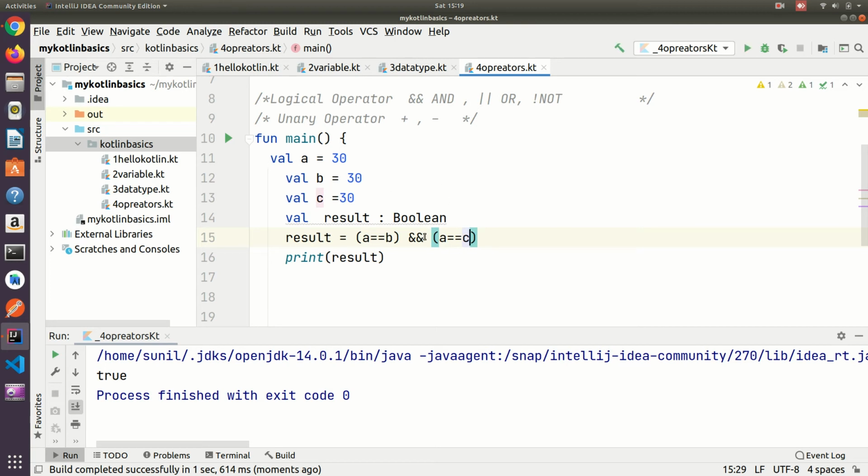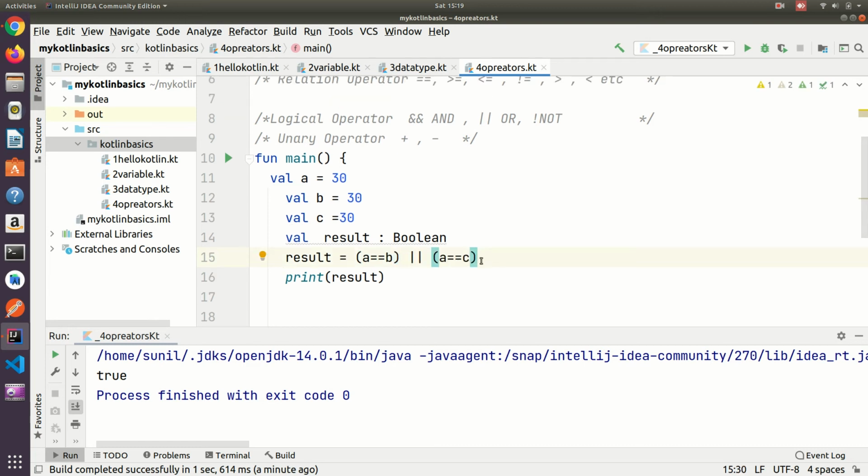Or. What is the difference between and, or? And means it will check this condition as well as this condition. If both conditions are true, then it will print true, otherwise it will not. In this scenario, both conditions need to be true.